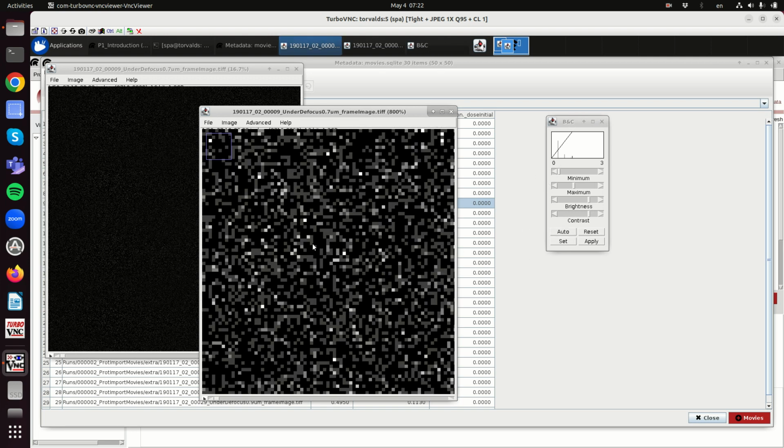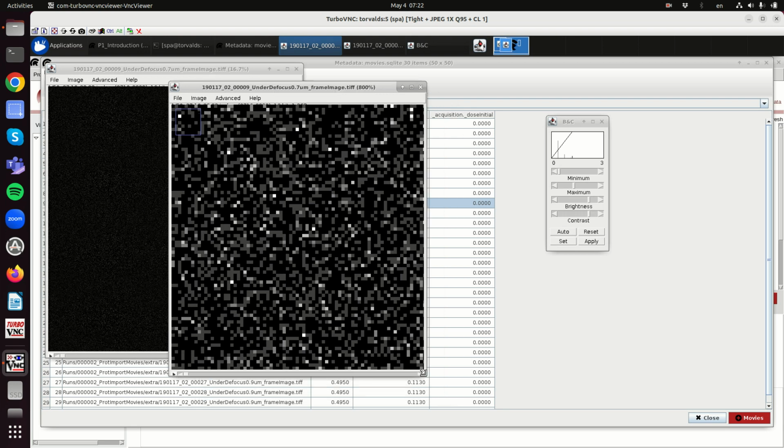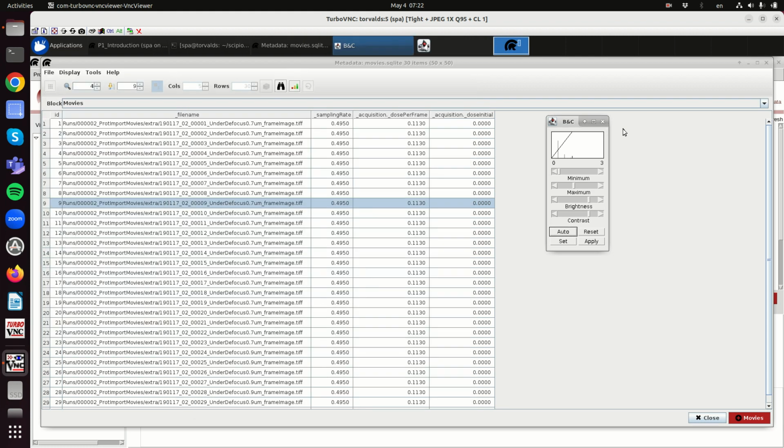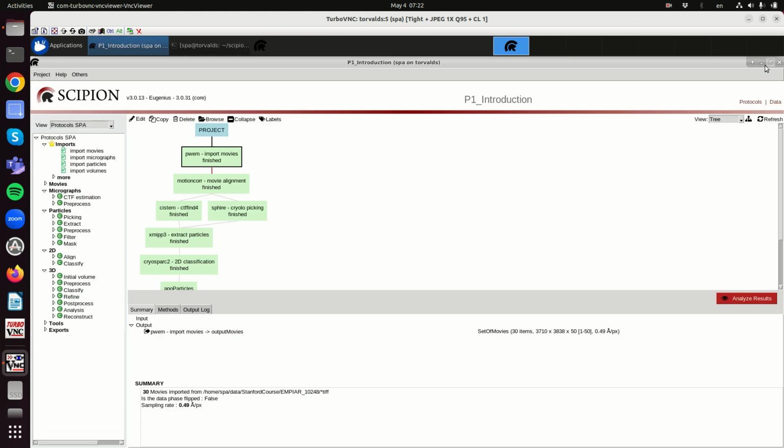So it is 0, 1, 2, 3. We see it here in this histogram. So this is the raw data collected by the microscope. Okay, so from this data, where we can barely see anything,